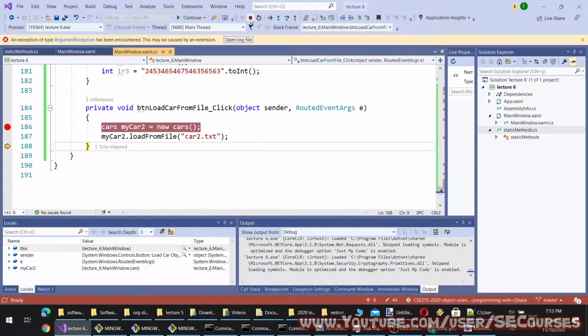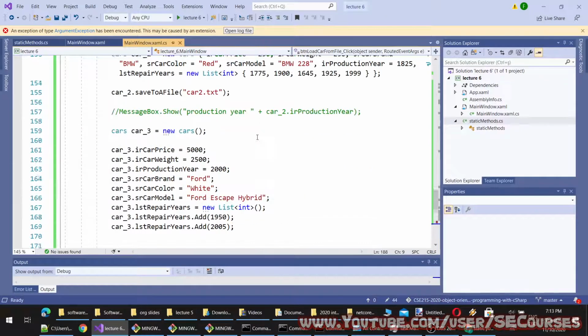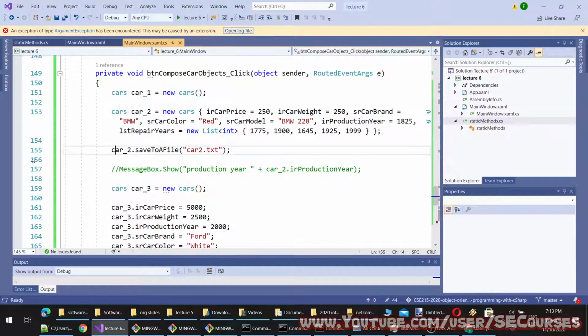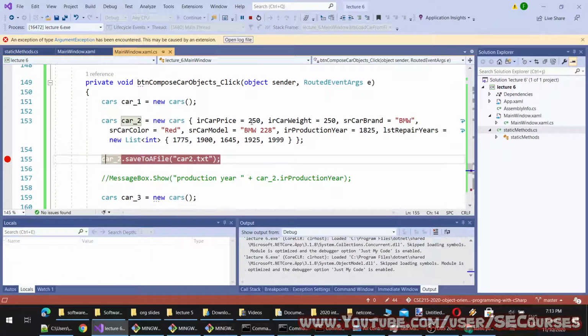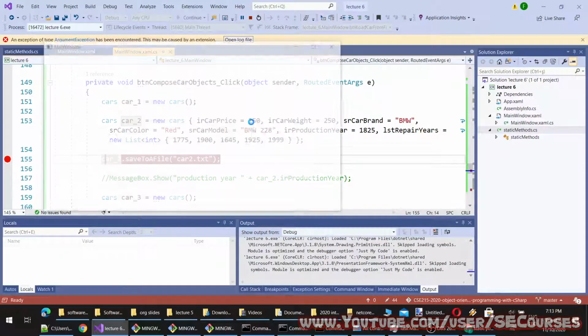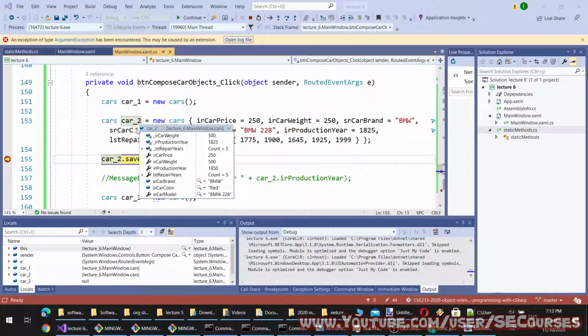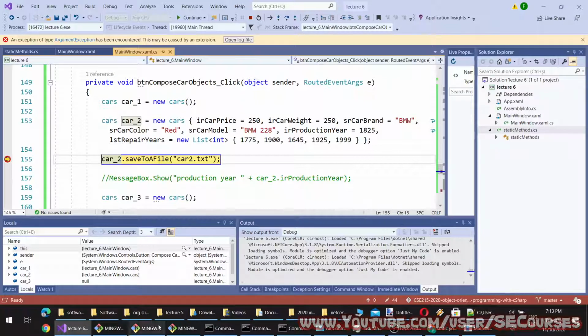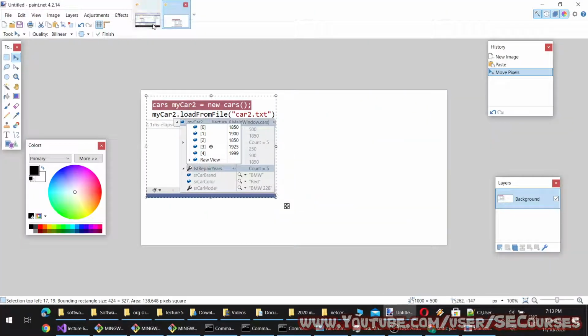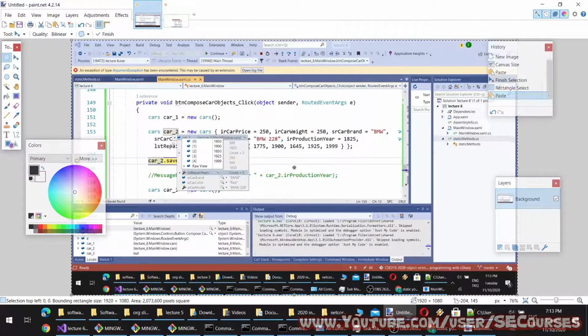And what was our original object? Let's also open it. It was here. This is the car2 object before we saved it, and I am going to take a screenshot of that object as well, and paste it.